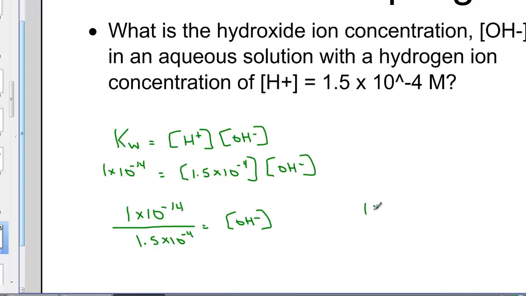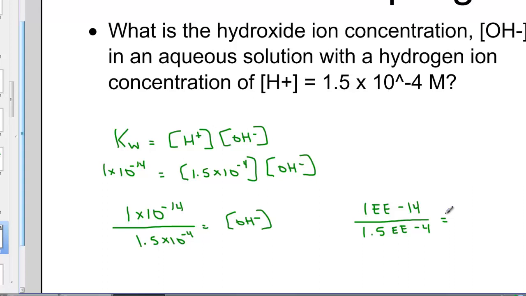On my screen on the calculator, we're going to hit one, scientific notation key is EE. Make sure you remember the negative 14. And you're going to divide that by 1.5, find your scientific notation key, negative 4. And be sure to hit this with me right now to make sure we're hitting the same way and getting